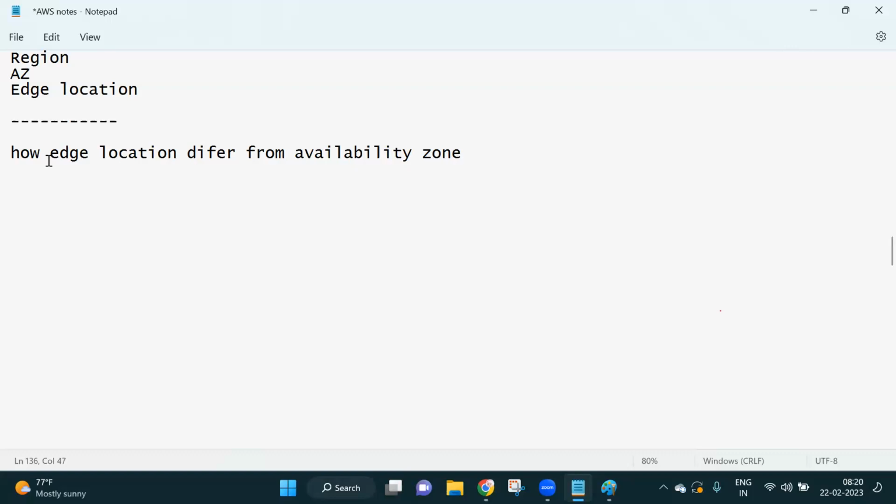See, I said availability zone location, no one knows. Within an availability zone only, we have a data center. Okay, fine. In your region, we have many availability zones. In each availability zone, you can find the data center.